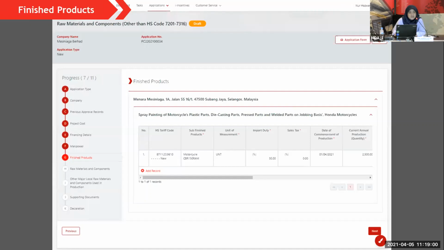If some of you are still having issues with the HS tariff code validation, please log the issues in the help desk, and we will assist you and fix them accordingly. Whatever issues were related to the HS code validation, we have fixed. That's why you may notice now that you have no issues validating the HS code anymore. But again, if you are still having an issue, please report it in the help desk so we will look into it and fix it.